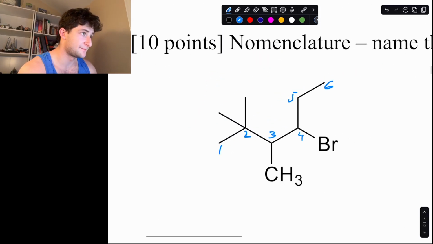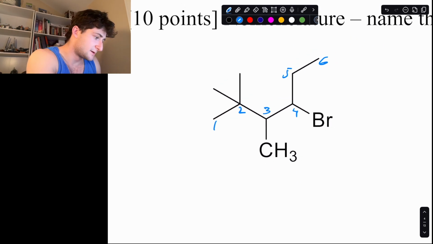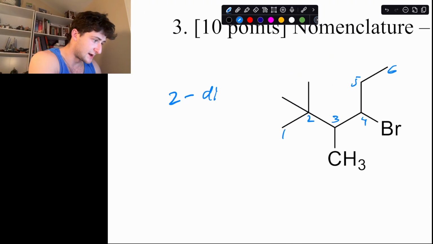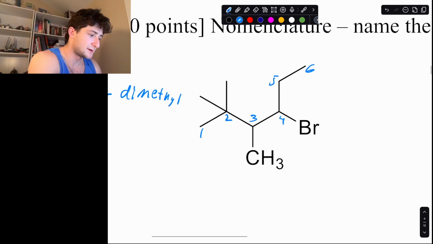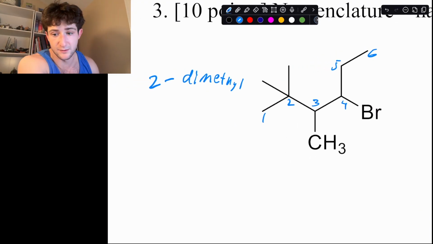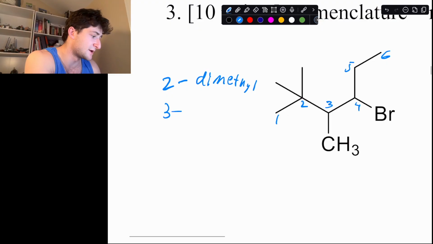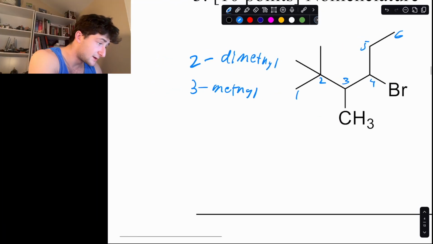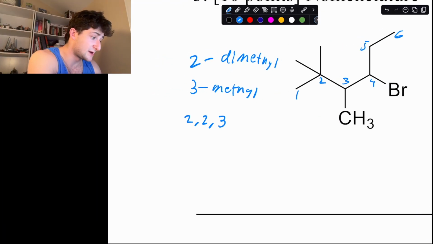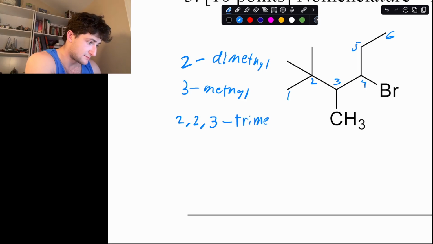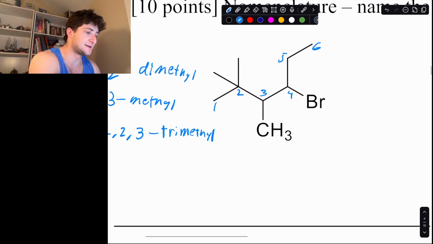So, what do we got? We got 2 methyls, 2 dimethyl, and then we got another methyl at 3. So this is kind of weird. So if there's another methyl at 3, we got 2, 2, 3, and it becomes a trimethyl. And obviously it's a hexane